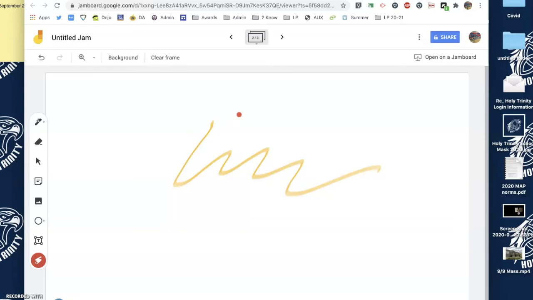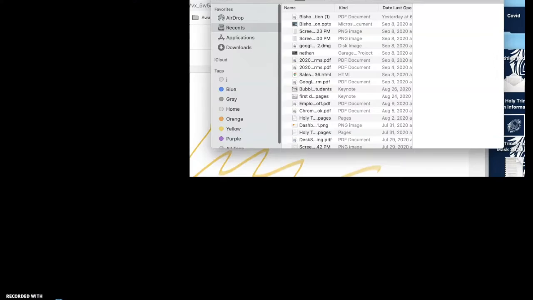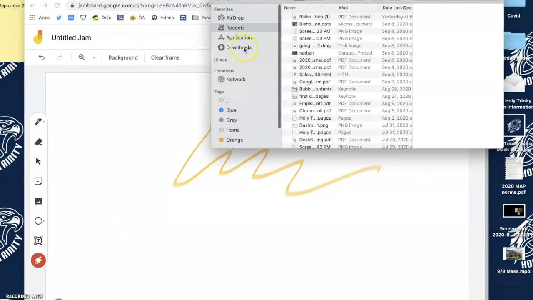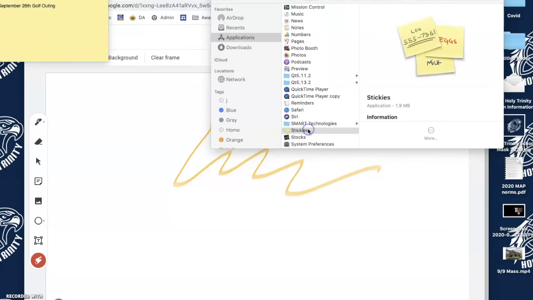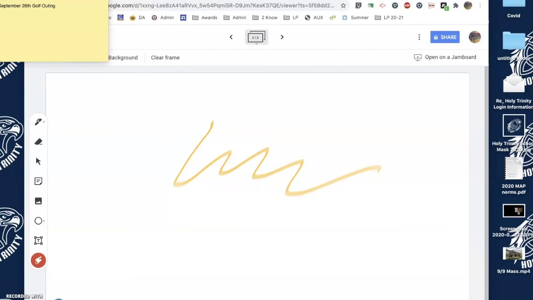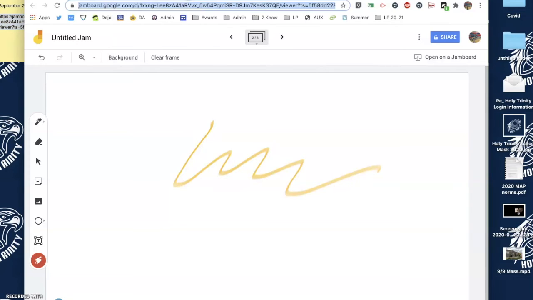So what I told some other teachers they could do was they could just hit Command-C, copy a link. They could go down to Applications, right here, and there's these things called stickies. If you scroll down, you'll see it right here. You can just click on it, and it brings them up. And then I would just paste that link right there, so I could just copy and paste it right into my browser, and it would always be there quickly for a whiteboard. But again, I think this is a very useful tool that you guys could use